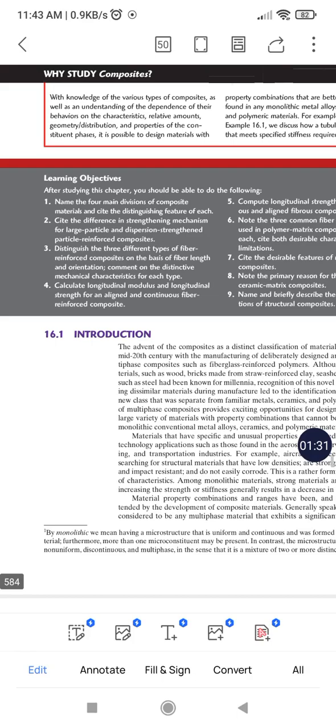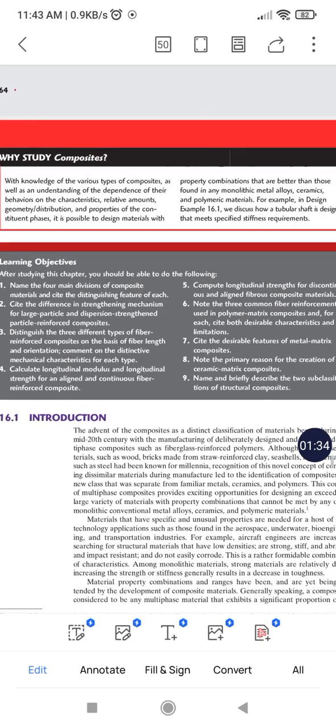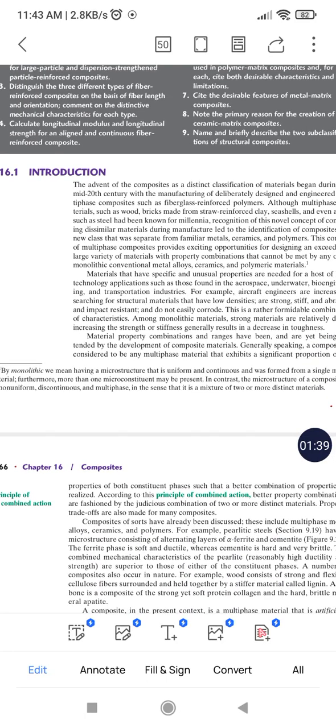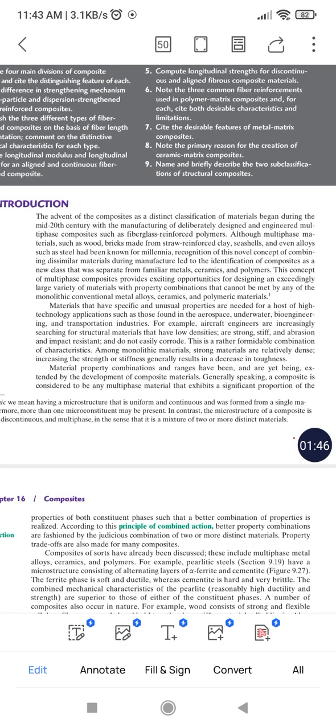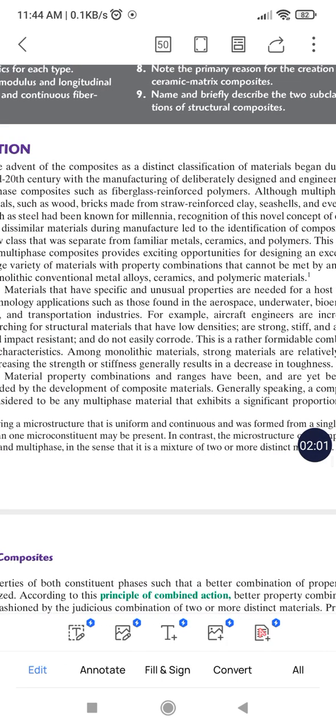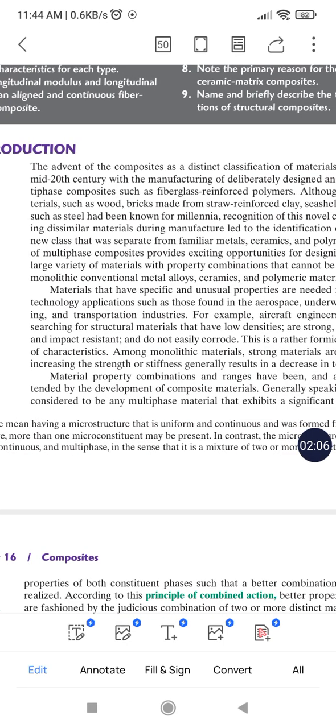We have different types of composites. I will show you some classification first. Many examples are there. In this introduction chapter, it says how a composite is formed. In different places you have applications. Mainly, as you can see in the second paragraph, the applications are in aerospace, underwater, bioengineering and transportation industries,